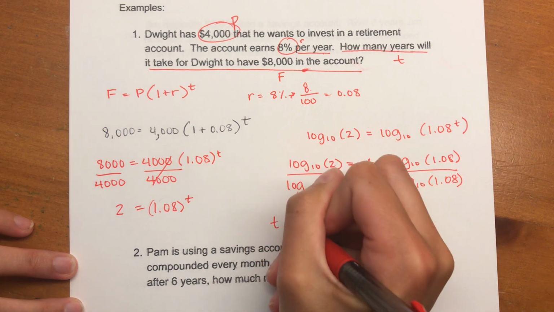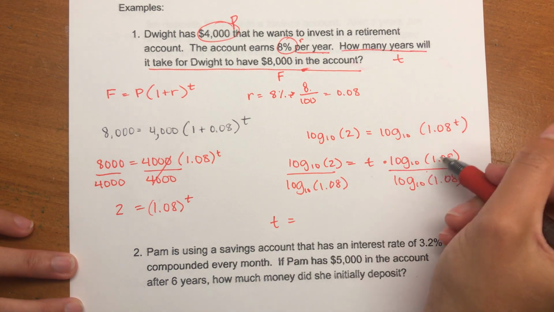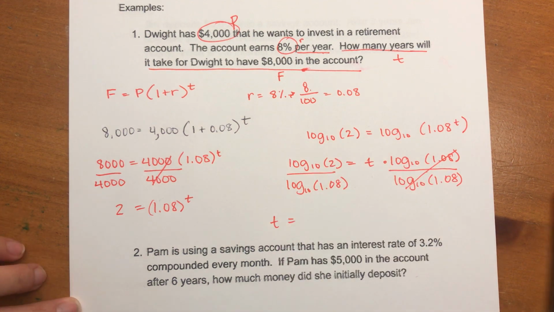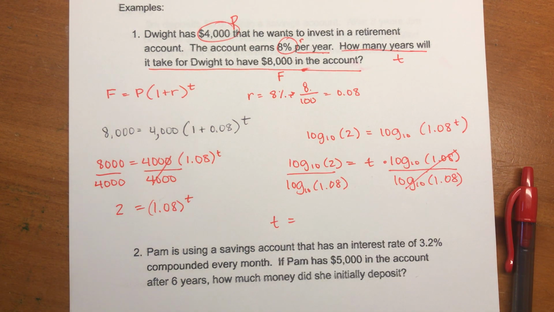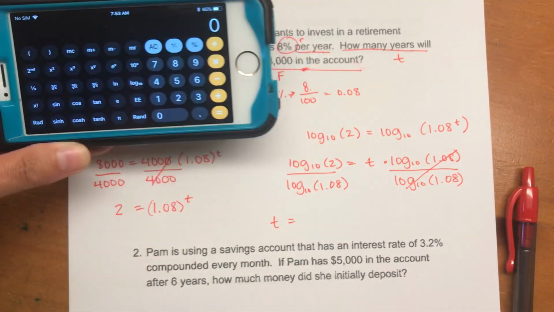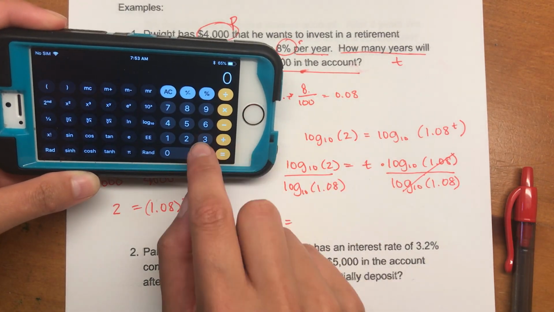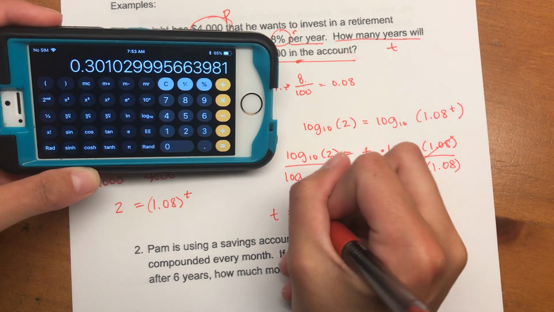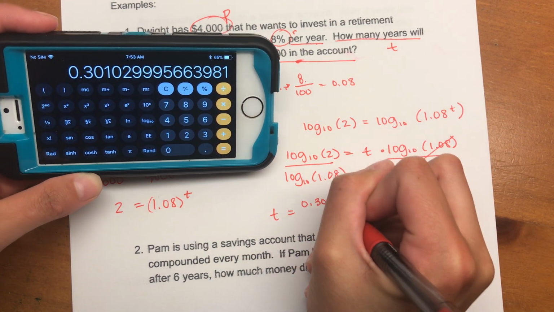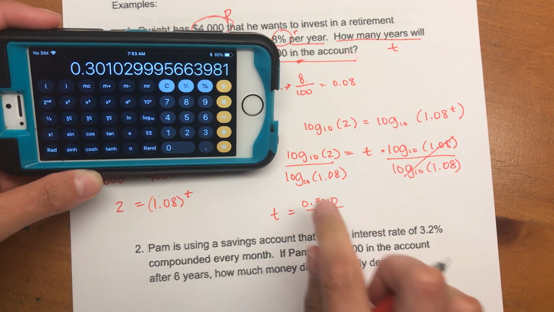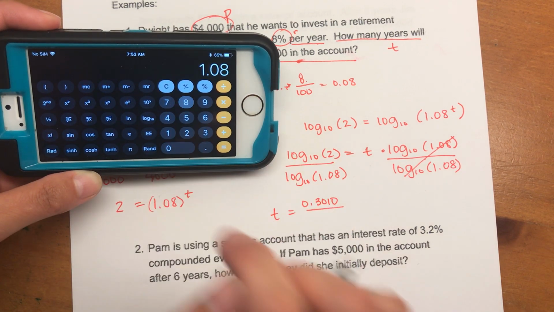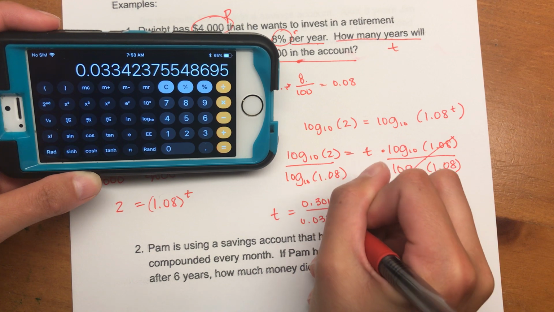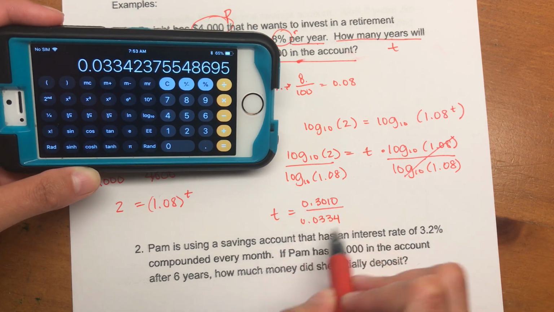So then T will be equal to log base 10 of 2 over the log base 10 of 1.08. And I'm going to calculate those numbers in my calculator. So I'm going to do the 2. Log base 10 is 0.3010 all over 1.08. Log base 10 is 0.0334. And I'm going to divide